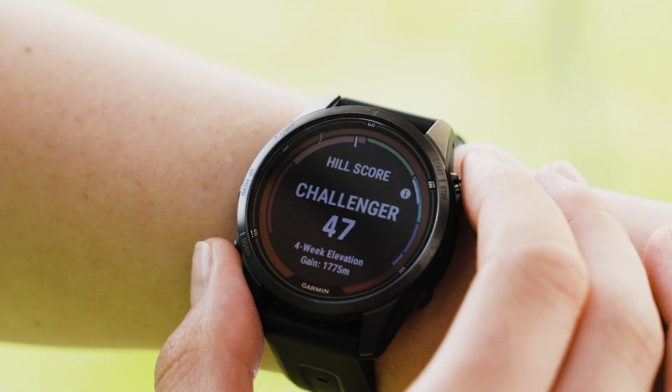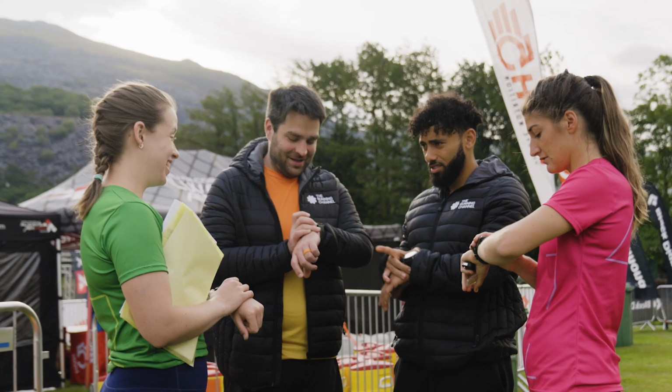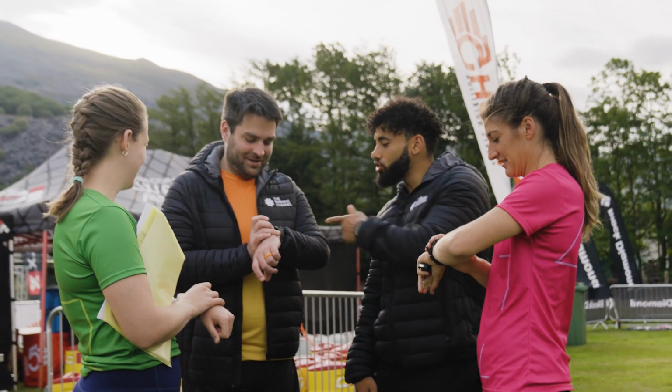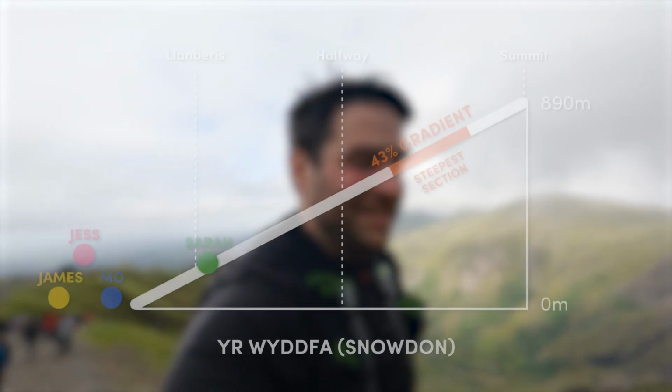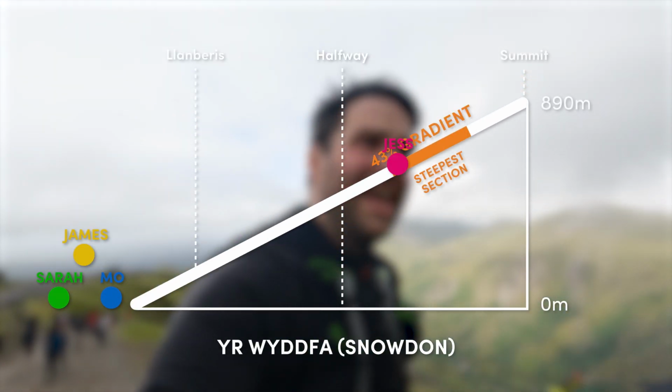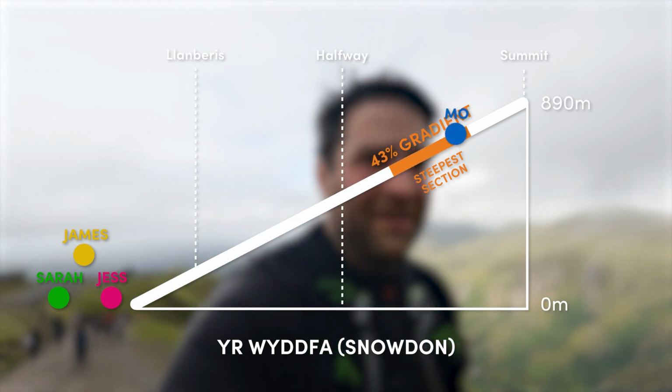Garmin have challenged us to make a video featuring the new FX Pro and the Phoenix 7 Pro watches. They both feature the hill score, which is a new metric which helps you to both understand and improve your own uphill running abilities. So we've come here to Eryri, otherwise known as Snowdonia in North Wales, to take on the ridiculous challenge of trying to go up here Wyddfa, otherwise known as Snowdon, 10 times in 24 hours, starting